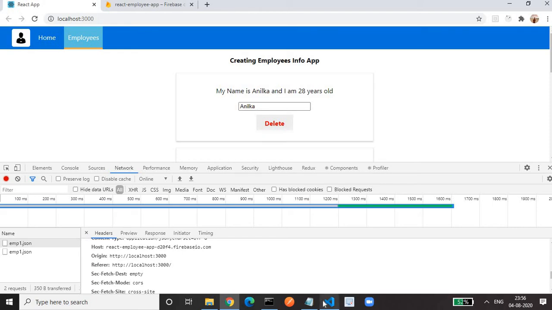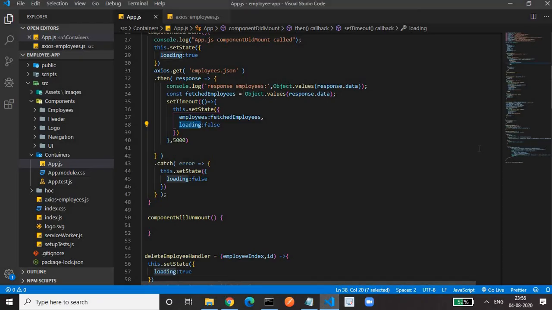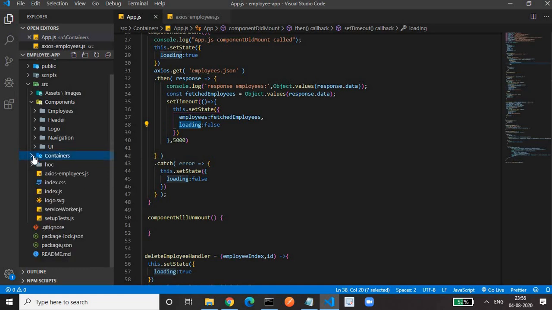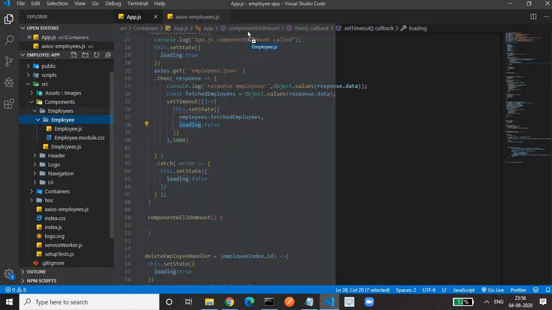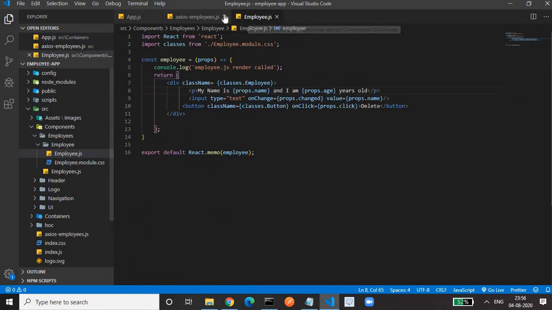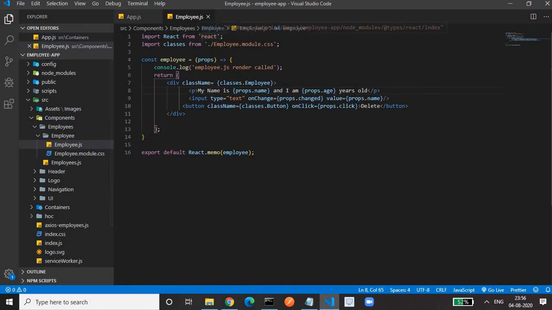How is this happening? First of all, we will go to the employee component. In the employee component, if you remember from our previous video, we have an input field.